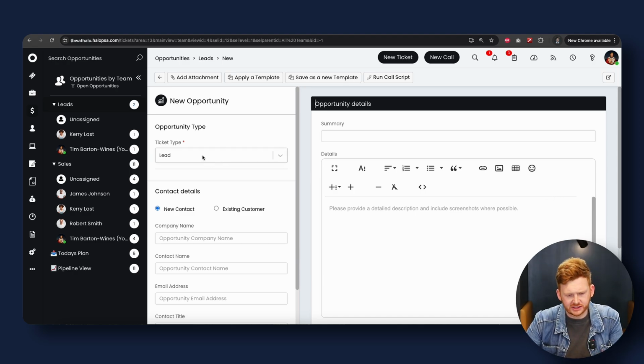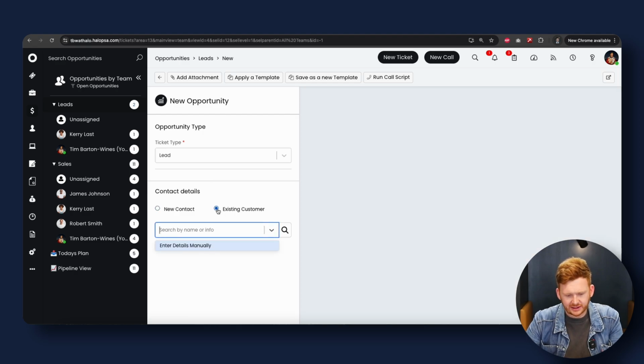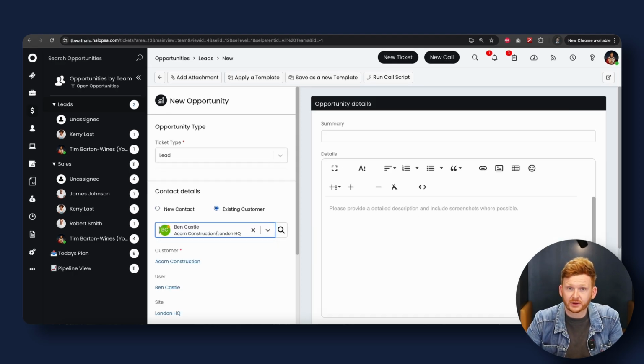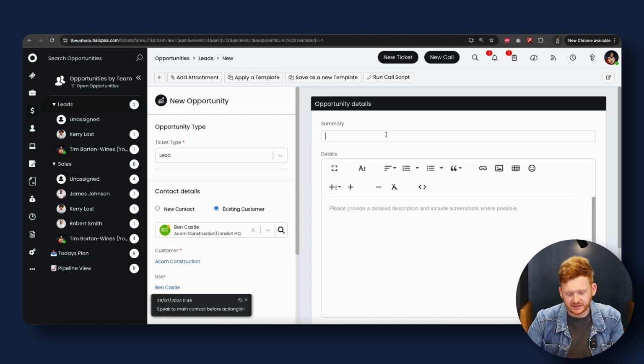Top left of the screen, you see we have a lead. Let's say this is an existing client, and you can type this in and fill this out. If they aren't existing, you can populate this information in real time. On the right-hand side, I have the ability to then add some content around this, but also as well, I'm